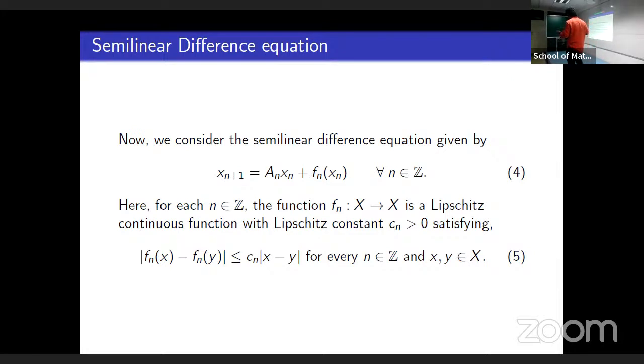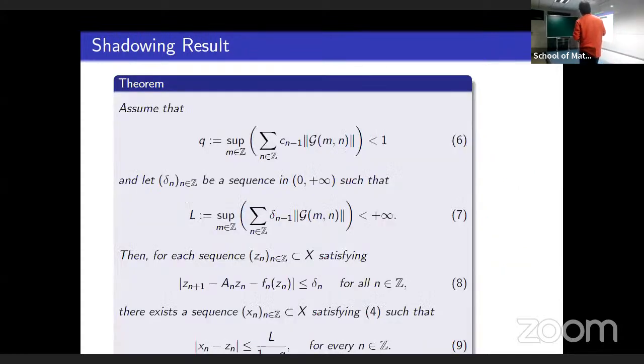So basically, what we do is we assume an approximate solution for this difference equation, and then under some conditions we provide an exact solution of the difference equation, which is close to the given approximate solution. So here is the main result. In equation number 8, we assume that there is a Zn sequence, which is an approximate solution with delta n as the error terms. And with these delta n's and the operator that we define, Gn, we have one assumption,